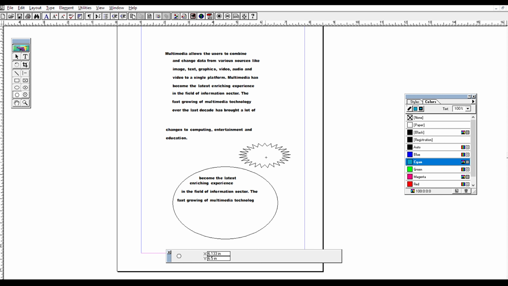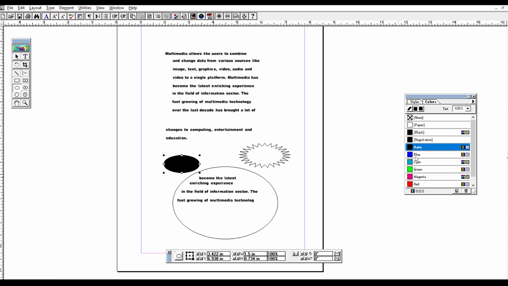First you have to select the shape, and only then do this. Understood? Now I am going to give green, and you can change to whatever colors you need. Understood this? Okay, this is about giving colors.